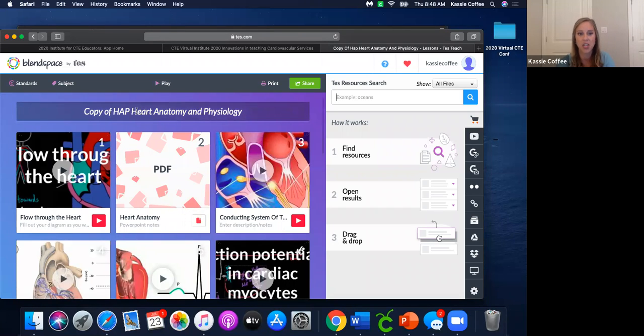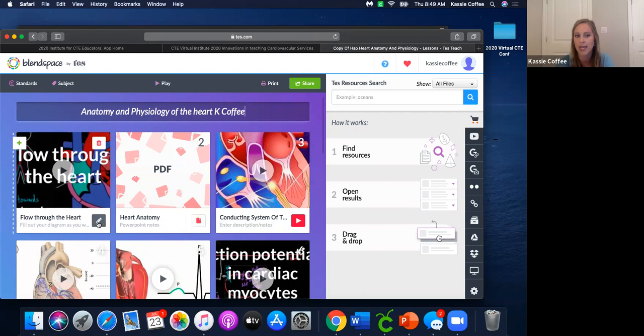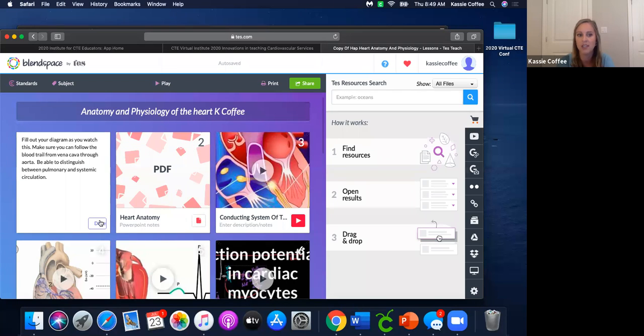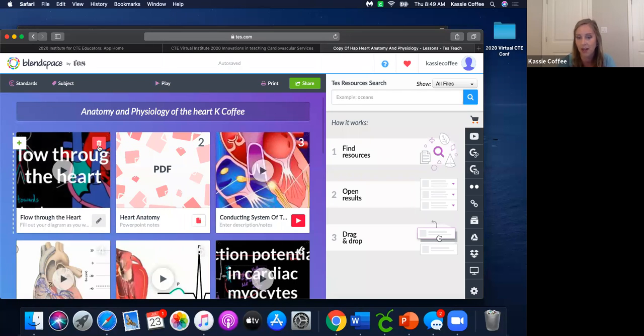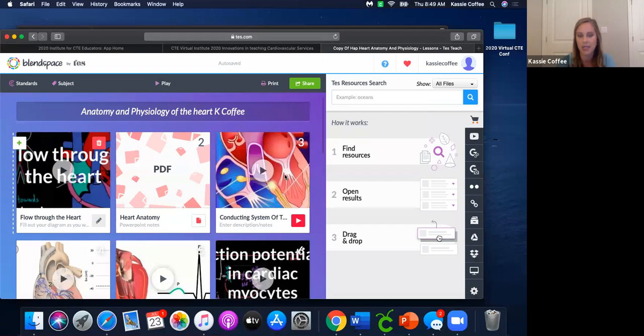I can come up here and just change the name of it and just say, you know, anatomy and physiology of the heart. And then you can just put your name beside it if you want it to be specific to you. And then I can come down here, and as you guys see, whenever you hover over the module boxes, you have the option to add something to it. You can change the writing down here and your instructions, or if I did not want this Khan Academy video, I could delete it altogether. So since this is somebody else's and I actually don't need this, I'm going to go back to my board. But that's just if you wanted to copy somebody else's.